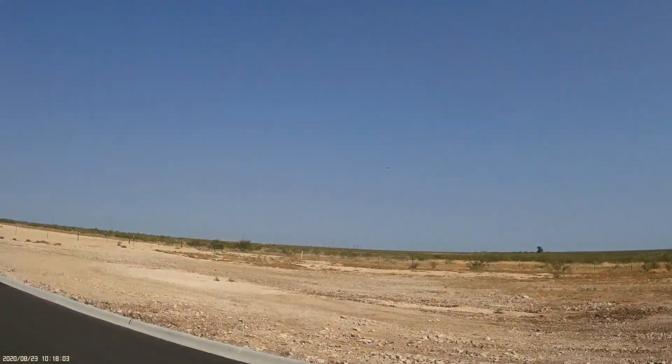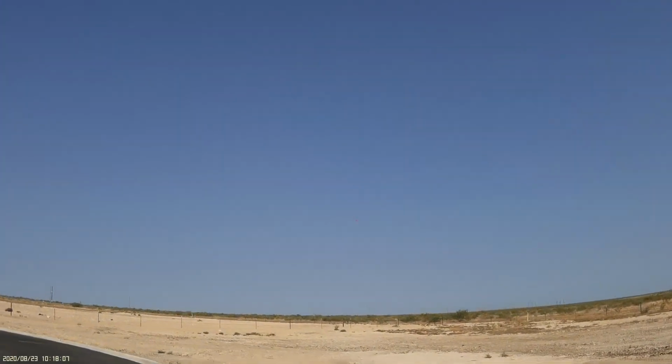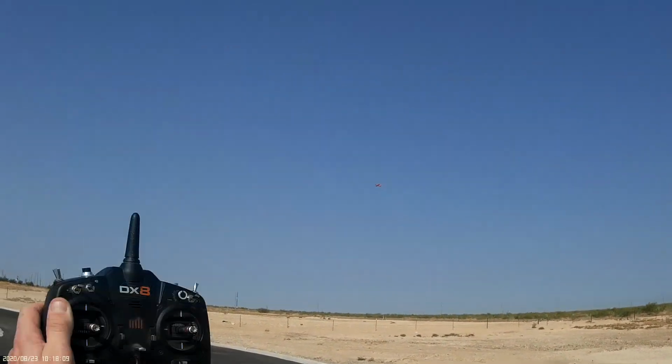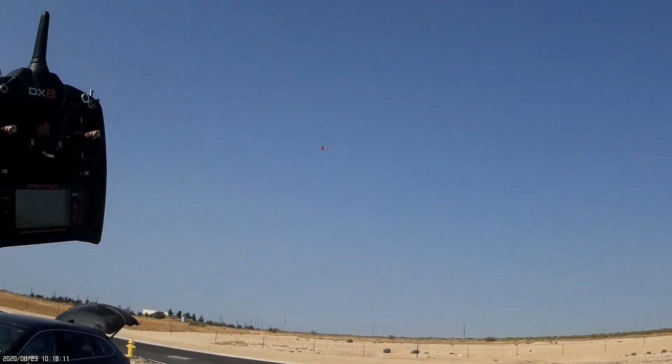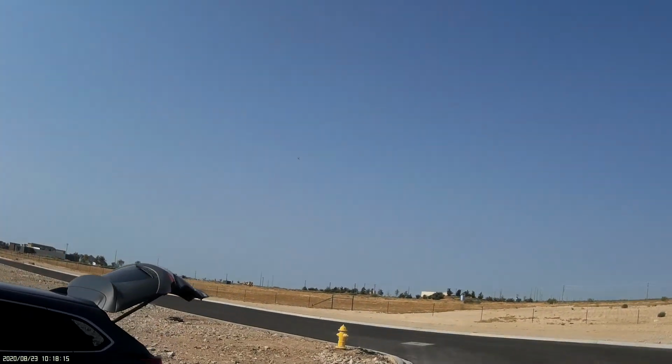I mentioned this in the other video. This plane has never required a single click of trim, which I love. Look. And it's a little windy out today, so it's going to get knocked around a little bit, but